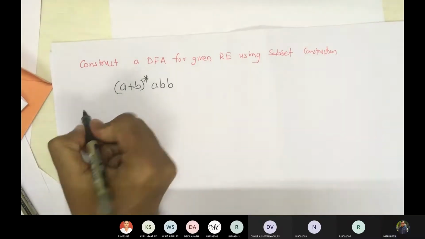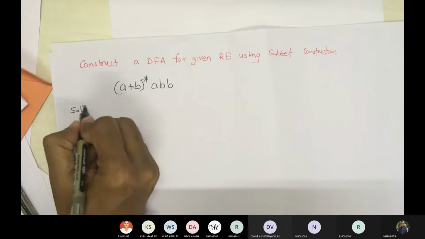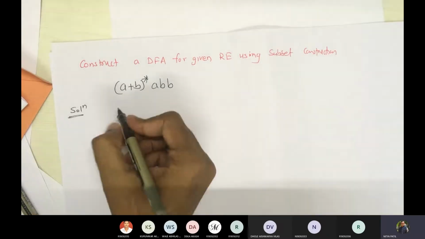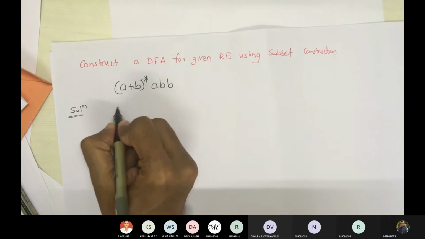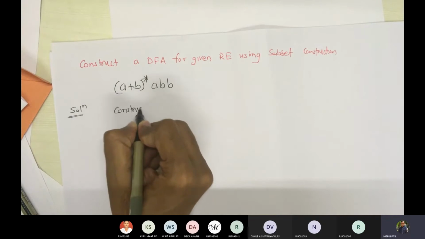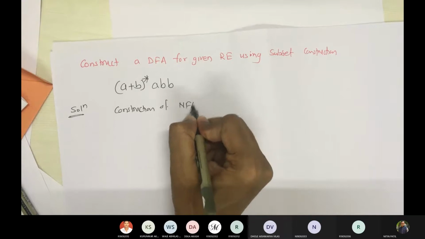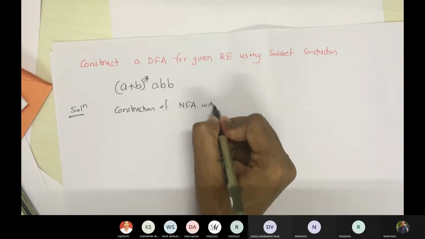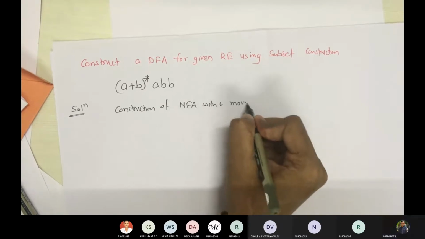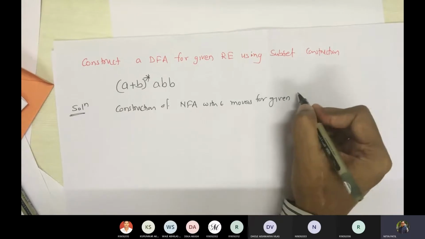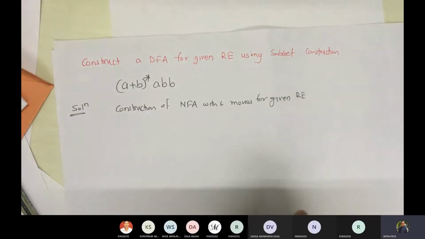Now, if we follow subset construction, the first step for this implementation would be construction of an NFA with epsilon moves for the given regular expression.